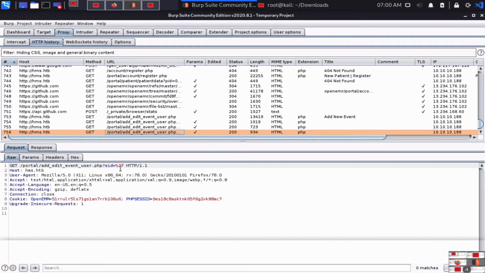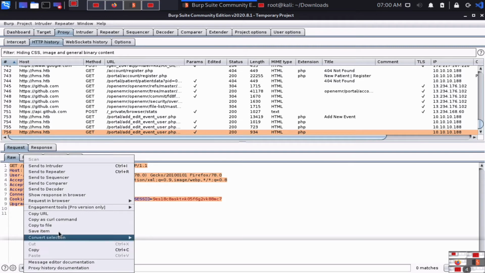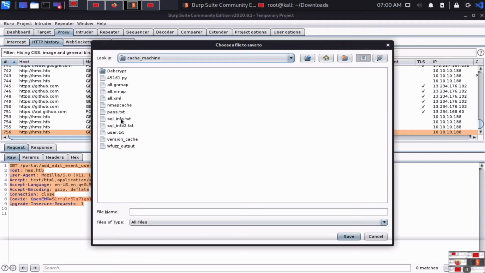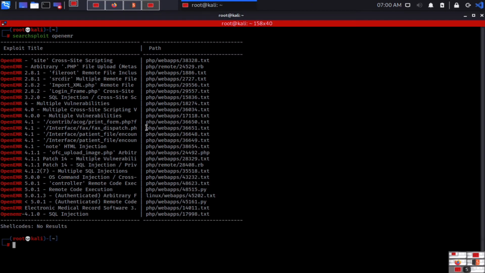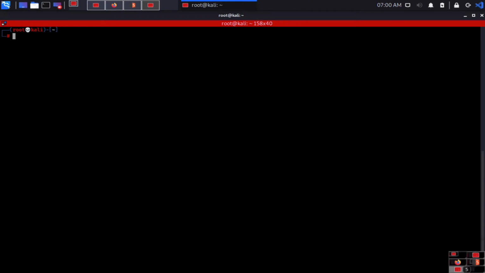The last request, which has EID 27, we can take all the information, copy it to a file and create a file. In my case, I created the file called SQL info2.txt. You can navigate to this, and let me show you how to use sqlmap.